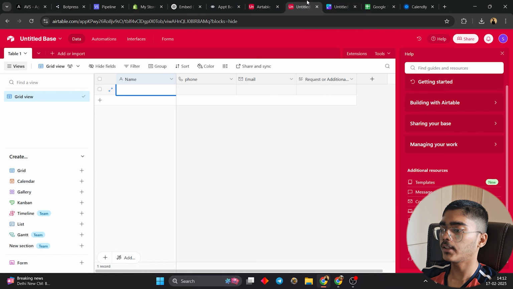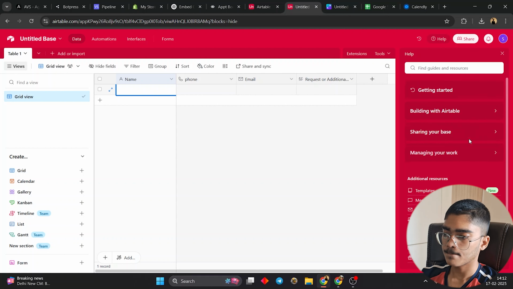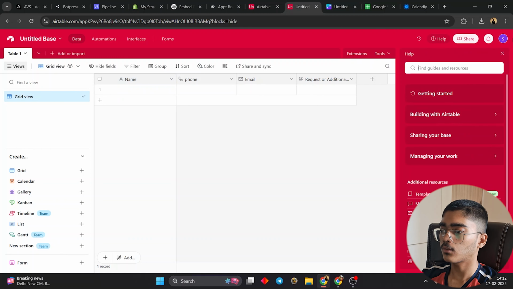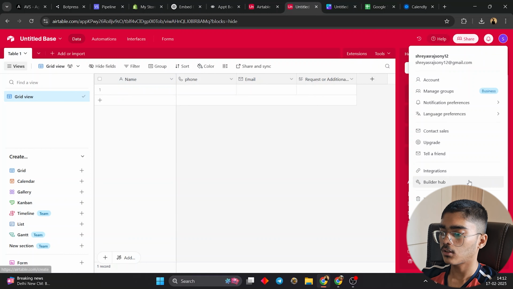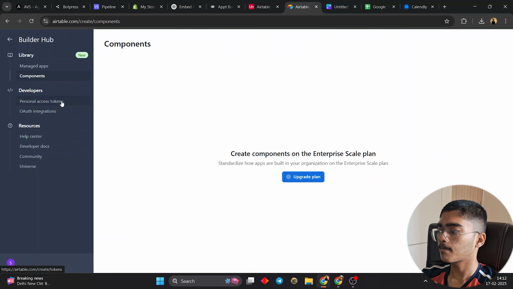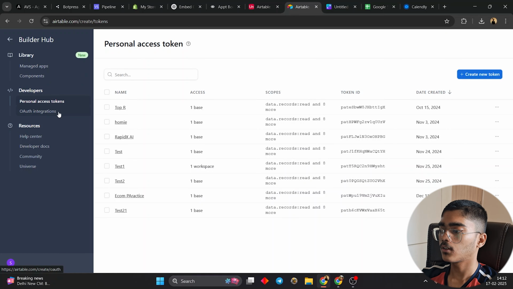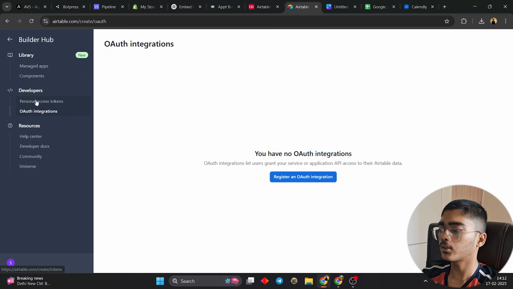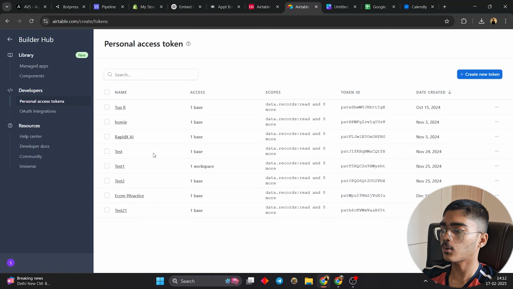Now in here I'll need to make a token. Let's just make a token now. So under, I'll go to builders hub, personal access tokens. You can also use an OAuth integration, but I'll use personal access token. So yeah,